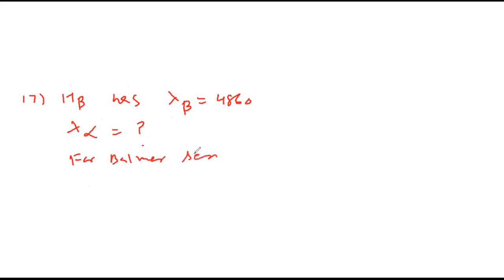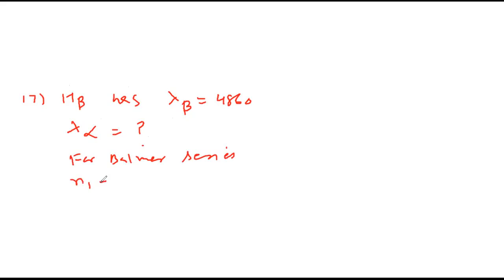H beta line of Balmer series has a wavelength of, H beta line has wavelength, so lambda beta is 4860. Find the wavelength of H alpha, that means lambda alpha. For Balmer series,